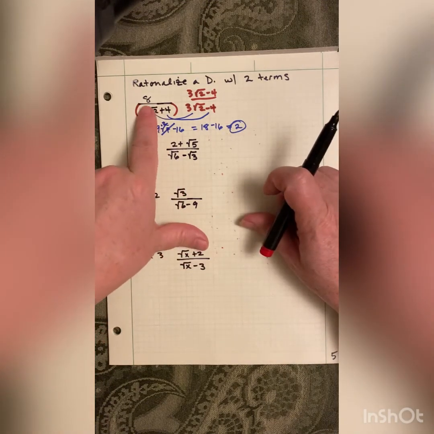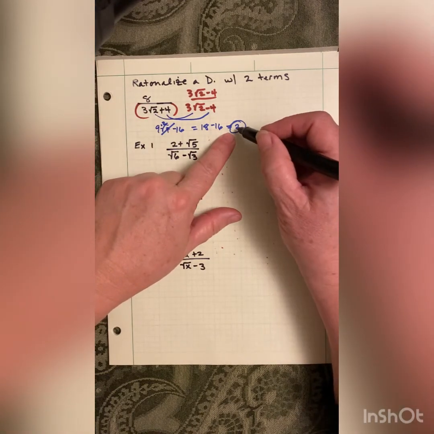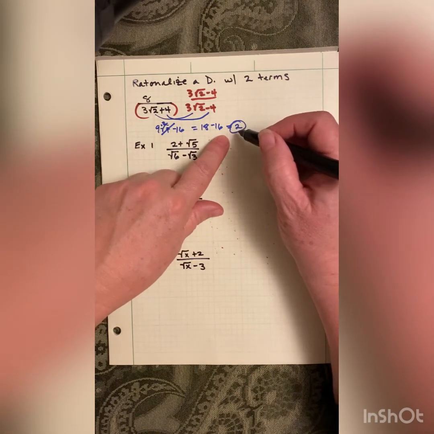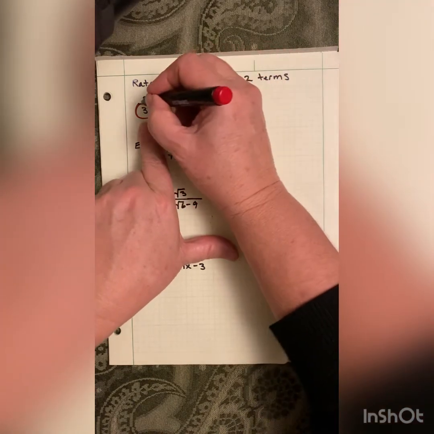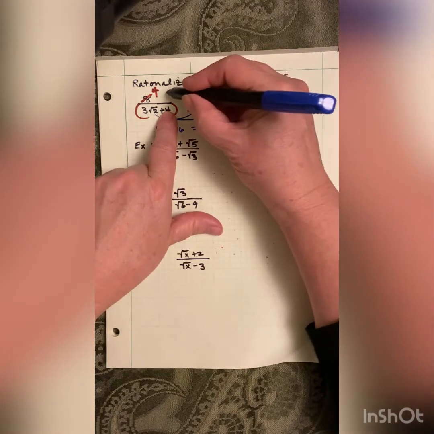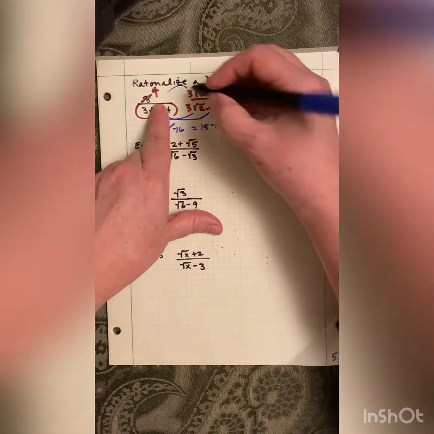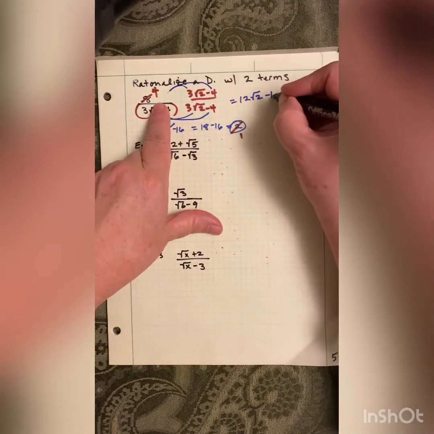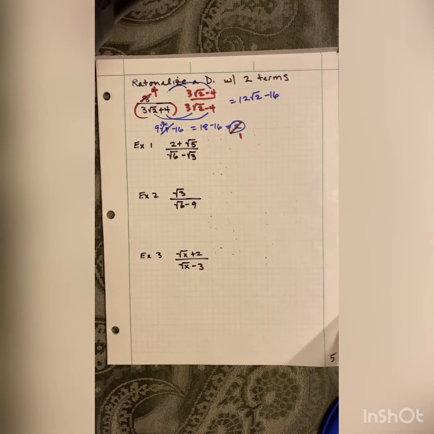Then I come up here and I need to distribute this. Oh, actually, couldn't I cross cancel? This is in the denominator, I can do that. So 2 goes in here once, goes in here 4 times. All right, now all I have to do is distribute that 4. So this is going to give me a 12 square root of 2 minus 16, and that is it. Okay, you cannot go any further because they are not like terms, so do not